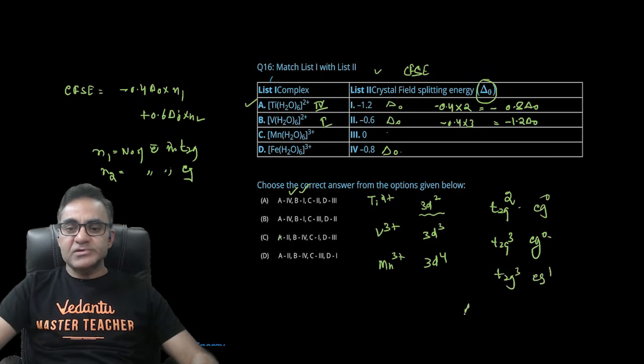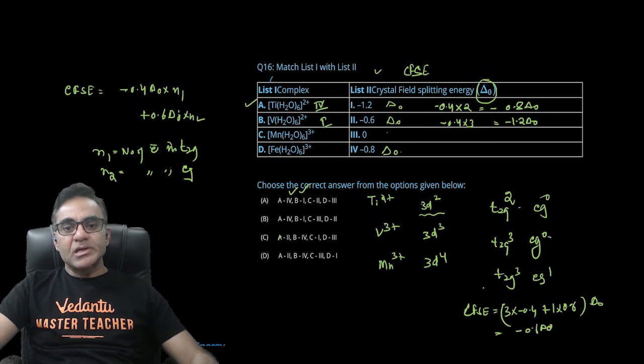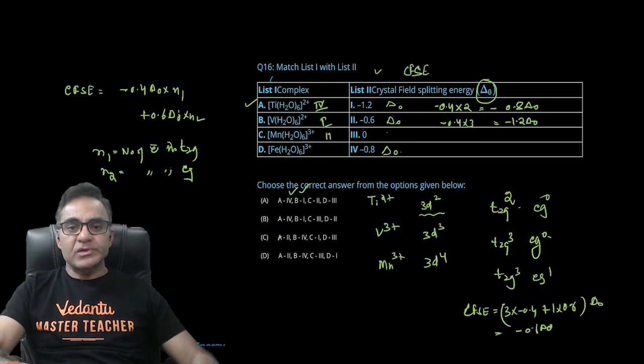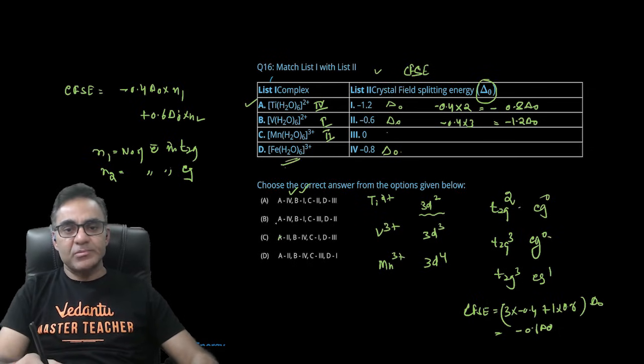तो यहां पे जब आप CFSE निकालोगे तो ये आ जाएगा 3 इंटू माइनस 0.4 प्लस 1 इंटू 0.6 डेल्टा ओ, तो ये हो जाएगा -1.2 प्लस ये -0.6 डेल्टा ओ आ जाएगा, यानी कि इसकी जो मैचिंग होगी वो 2 के साथ होगी। अब आप आयरन की निकालो या ना निकालो कोई फर्क नहीं पड़ता है, वैसे भी आयरन 3 है यहाँ पे, और आयरन 3 के अंदर एक्चुअली क्योंकि